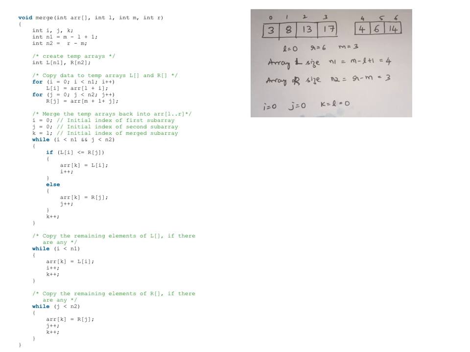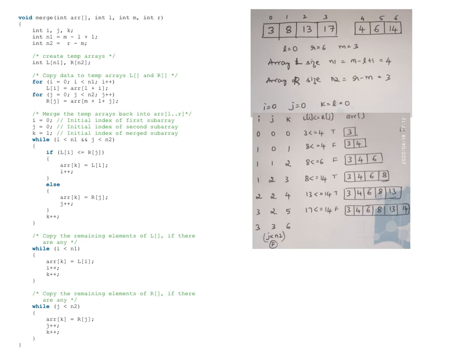Next, what I am trying to do is, now I am trying to sort these two arrays and put it in a single array, which is again A. So for that, what I'll do is, I'll have one index I, which belongs to the first subarray, index j, which belongs to the second array, and k, which is equal to L, which belongs to the original array. Now next, I'll be running the while loop. So this while loop goes on until one of the arrays gets exhausted.